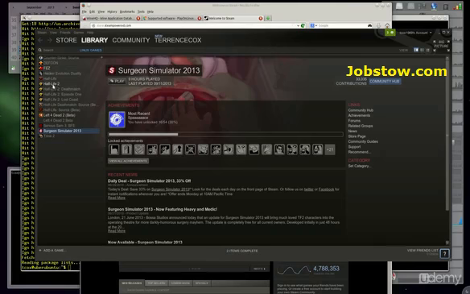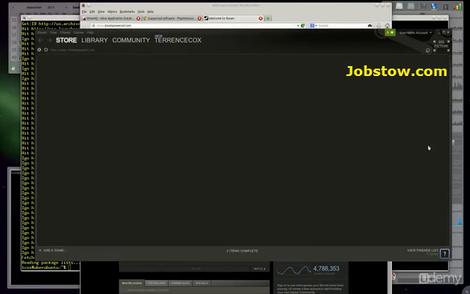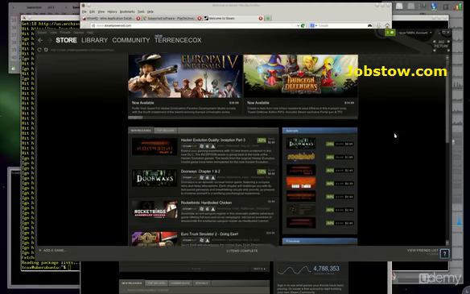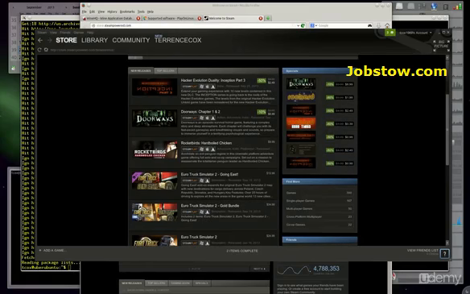But there's still a pretty decent amount of Linux games that are available, and indie game producers generally produce quite a few of them. I do have Half-Life, Left 4 Dead, Surgeon Simulator, Serious Sam, some games that you've probably heard of, but you can go to the store and you can specifically look at just Linux games that are available. They've got a special section of them here. Steam installs perfectly fine in Ubuntu. It also installs okay in Fedora if you convert the Debian package to RPM,